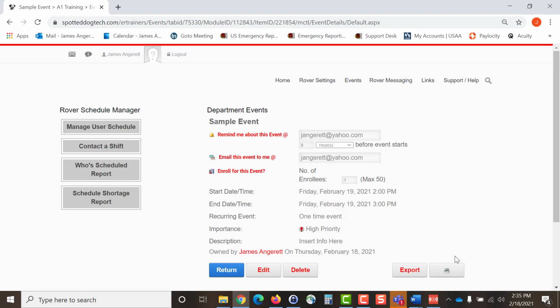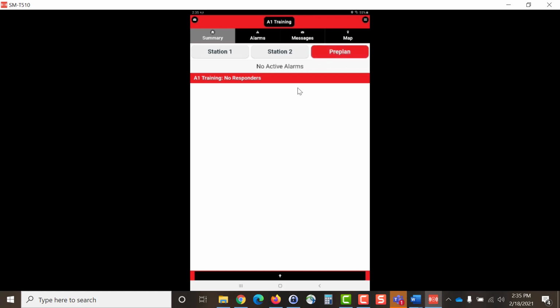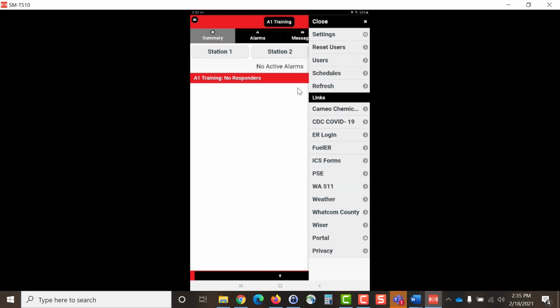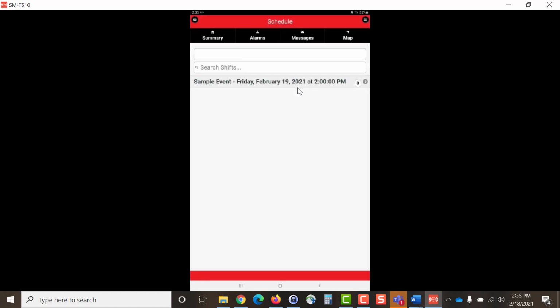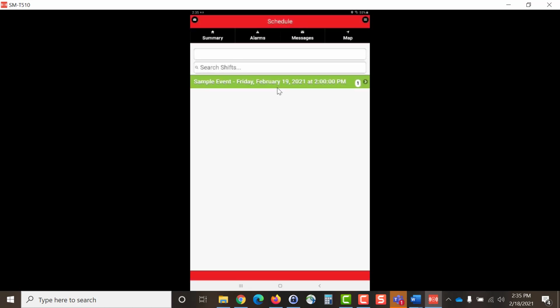To demonstrate how members would enroll to this event from their app, I'm going to bring up my app on the screen now. Once the users are in their app, they can come over to the menu list in the upper right-hand corner. They come down to Schedules. You will see the event listed right here. Select the event, register for the event, and now you will notice that there's one person registered for